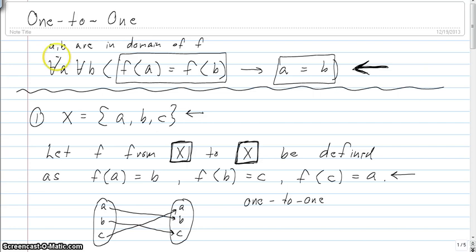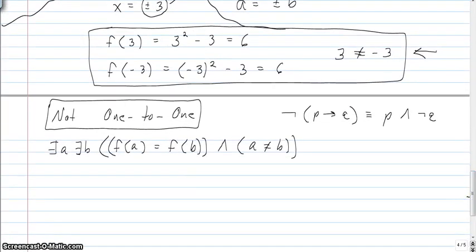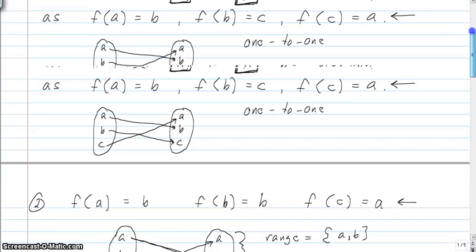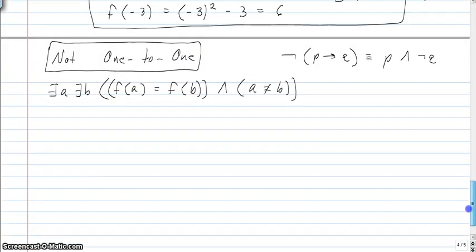And remember that if we negate for all, we're going to end up with there exists. So to show that a function is not one-to-one, I took the negation for there exists A and there exists B. And then we would need the negation of this conditional statement in the definition. And